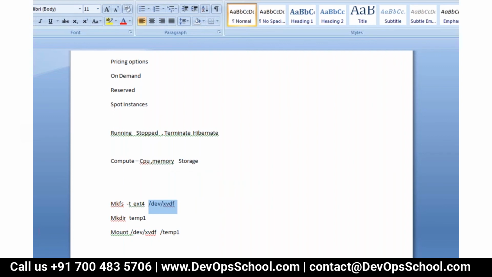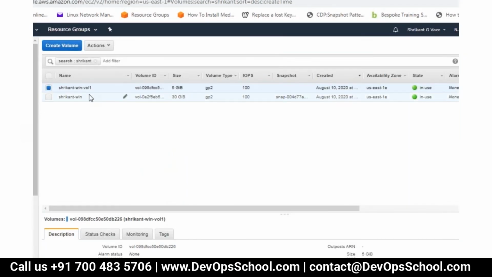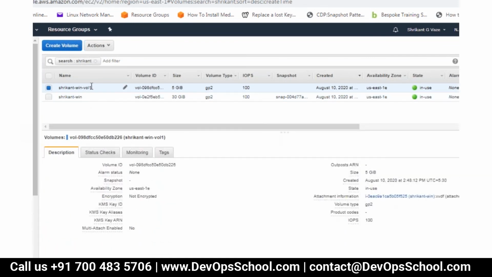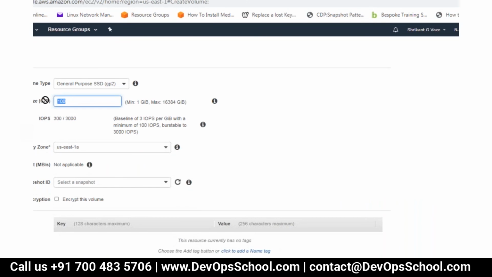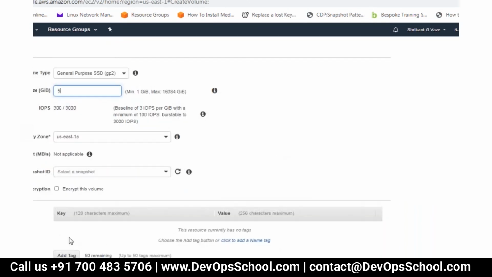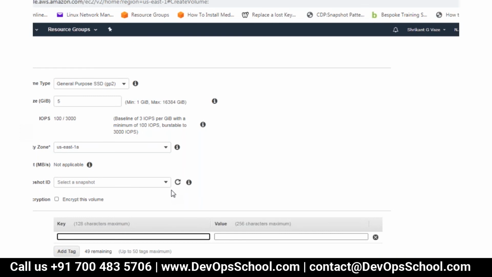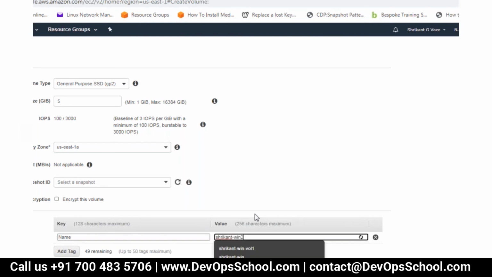Okay. So actually, when you create a volume, so here if you see, now this is my volume. Let me just show you this. It's for demo purposes. Suppose I create 5 GB and I name it. Let me just put it in the same zone, create.